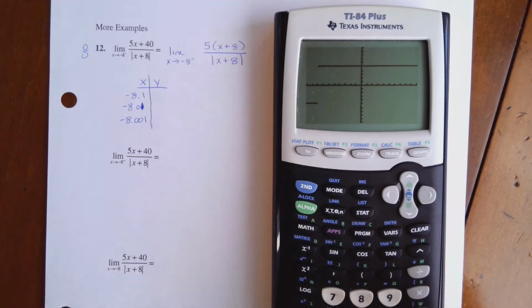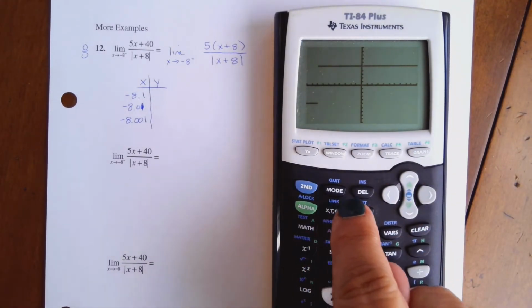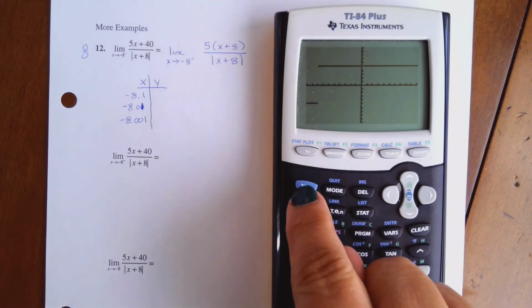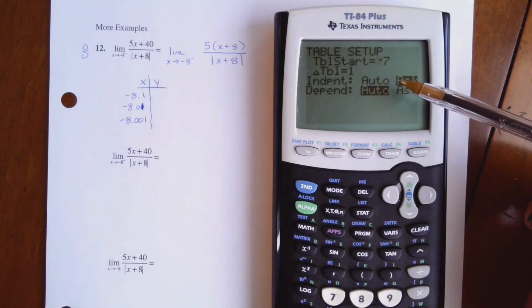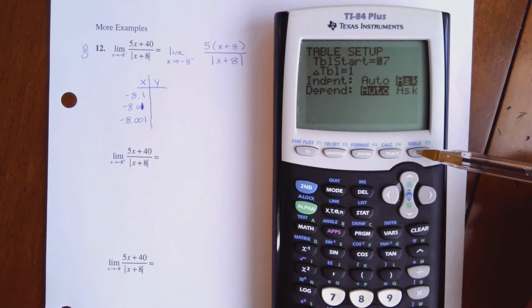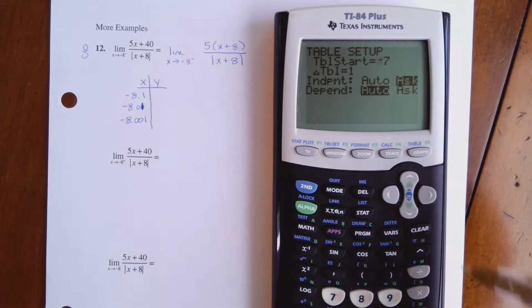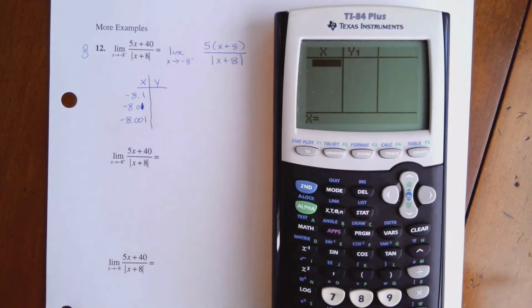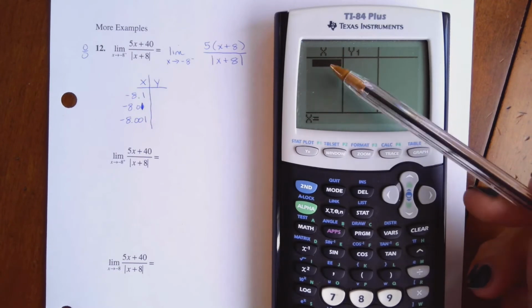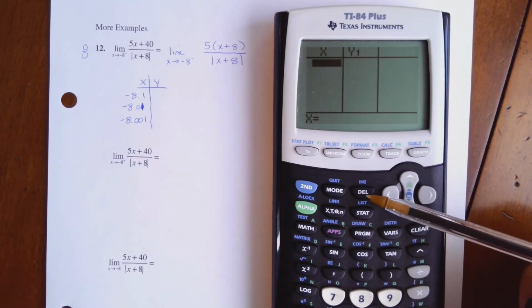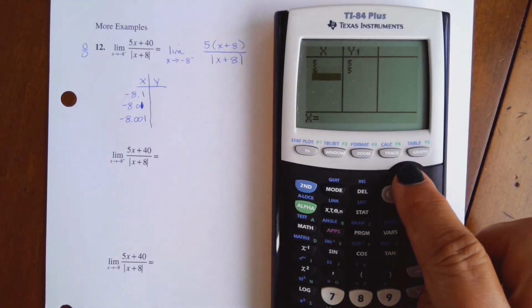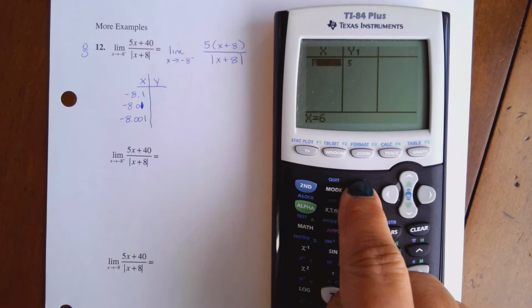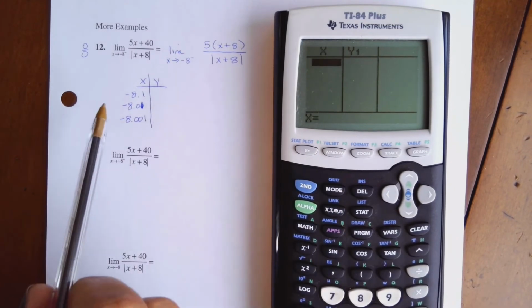So I'm going to go to the table, and just to remind you, I want to put in these numbers, so I'm going to go to second table set, and make sure that you have your independent variable on ask. This way, when you go to the table, you will enter the values you want. Remember, if you have numbers there from before, just hit the delete key and it'll delete them. So if I had other numbers in here, I would just go at the top and hit delete and get rid of that. All right, so now I can put in these numbers,